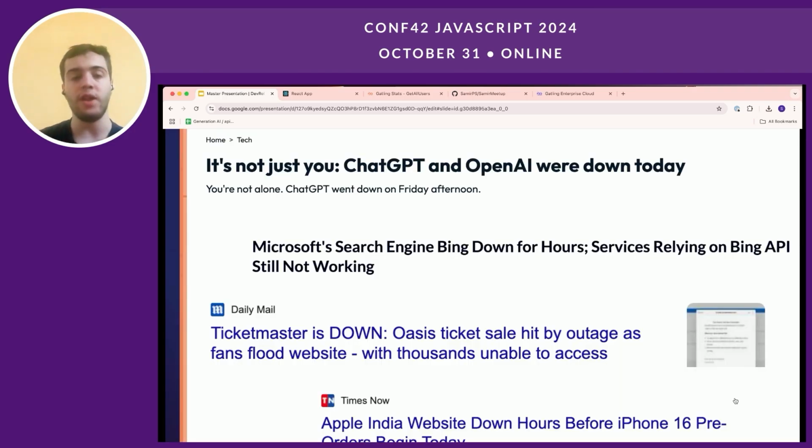So first, why do we need load testing? Right now we have big firms which went down because of some events. For example, ChatGPT and OpenAI, Microsoft Search, and also Ticketmaster, which is down a lot of the time because of big ticket sales like Oasis or Taylor Swift. And also, if you have an e-commerce website and you launch a new product, for example a new iPhone, Apple